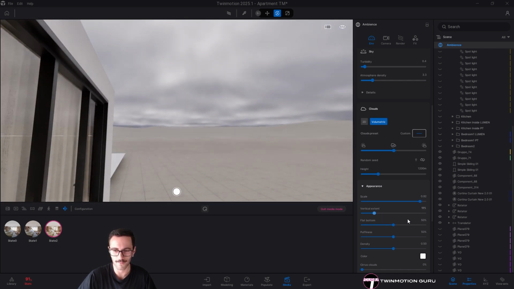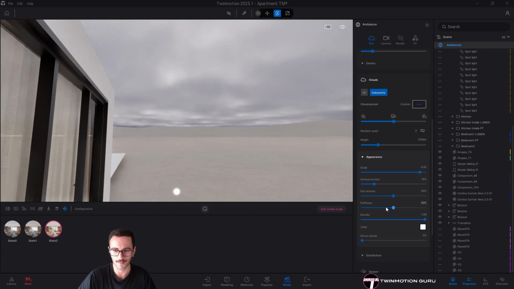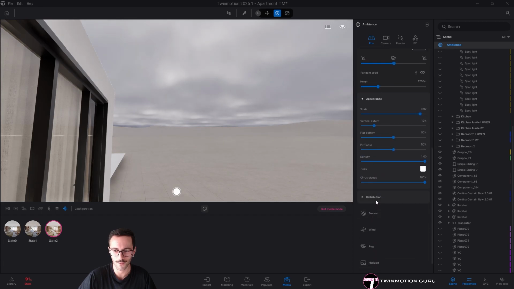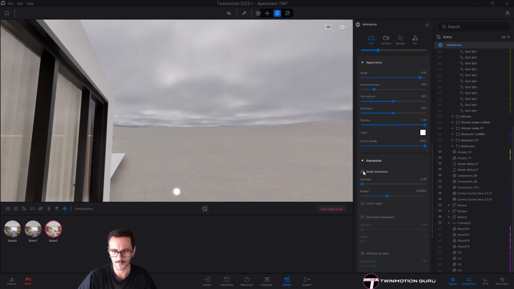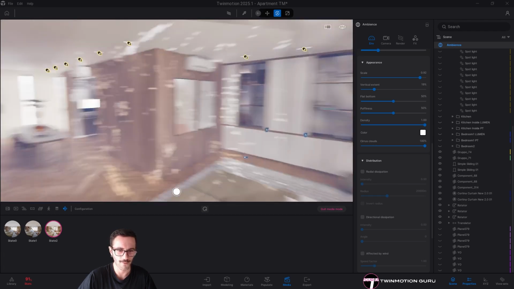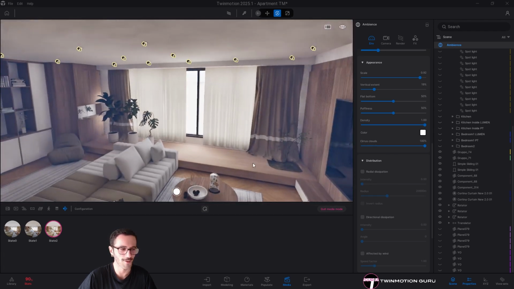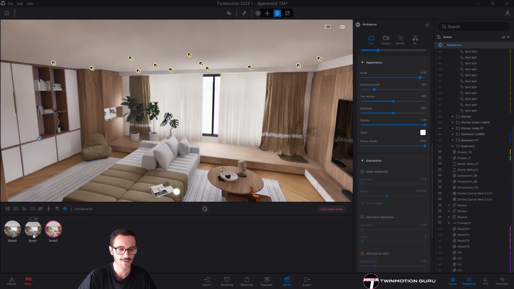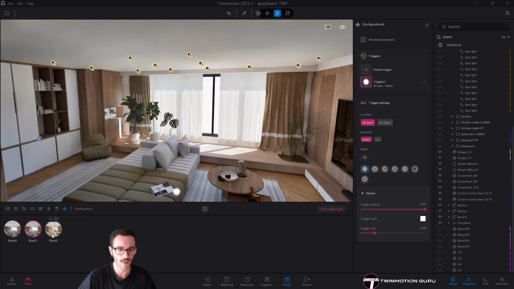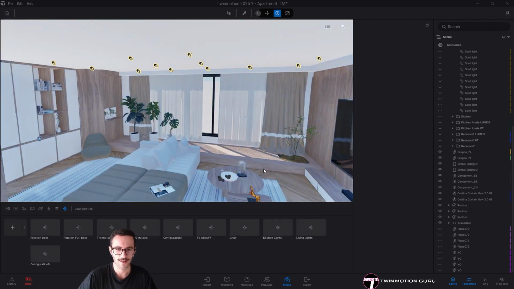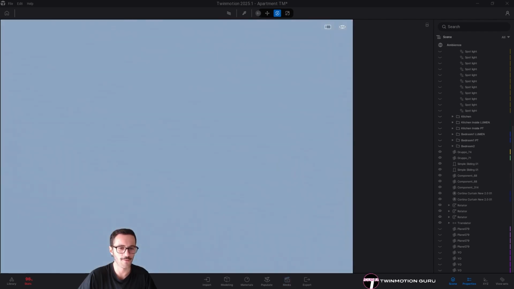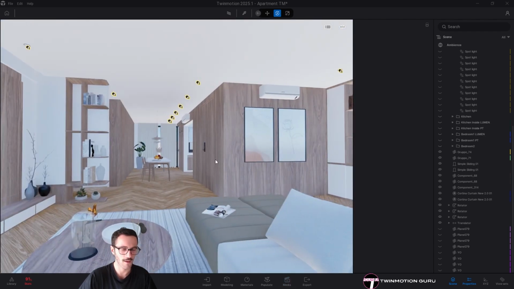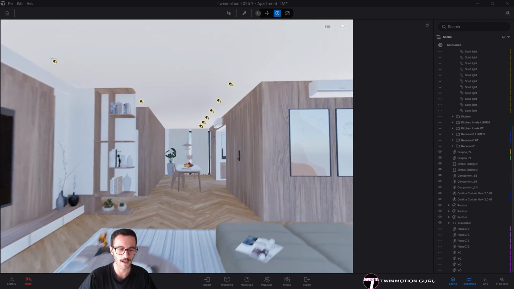I'm decreasing the vertical extent, increasing the density, increasing the cirrus, and for the distribution, it's okay. Right now the sun is not entering my scene, and this is perfect. So 1, 2, and 3. Perfect. So this is the final thing I wanted to tell you about